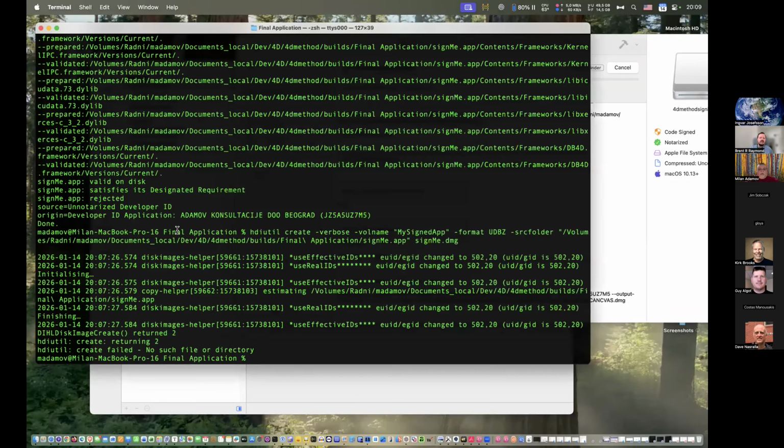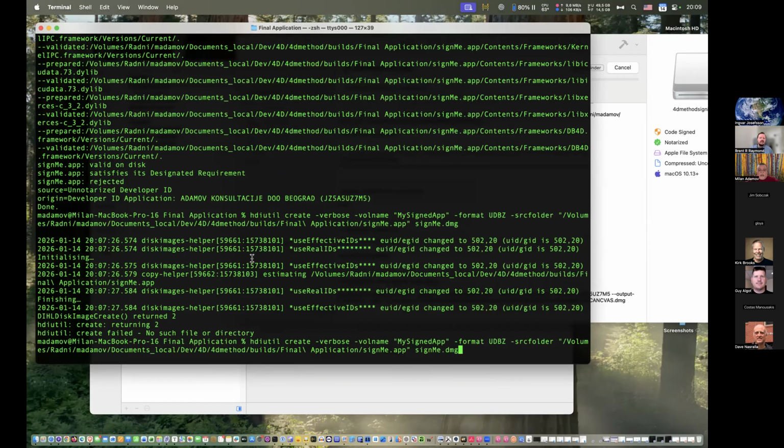Oh, no file with that directory. I'm in the final application already, so I can delete this. Why it doesn't work, I don't know.